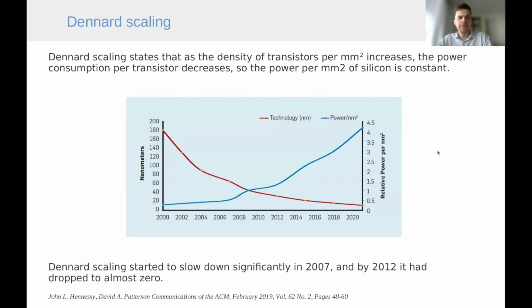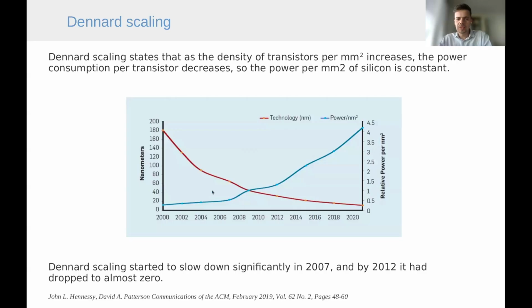Well, this is not so easy, because as you know, for many years we had a scaling law that is called Moore's law, that stated that every several years there are twice as many transistors. These transistors are twice smaller, and the energy consumption stays the same per surface. So we can have more and more powerful processors almost without any cost. We just have to wait. But this is not true anymore. We can still make smaller and smaller transistors. This is true. But if we look at the power consumption,